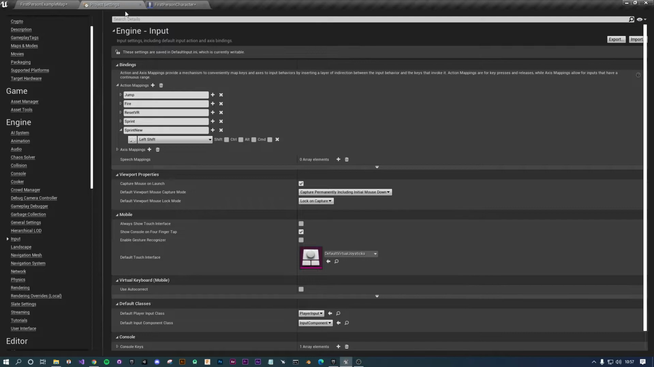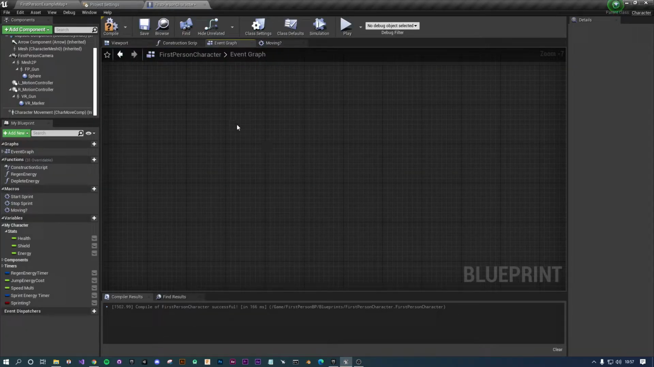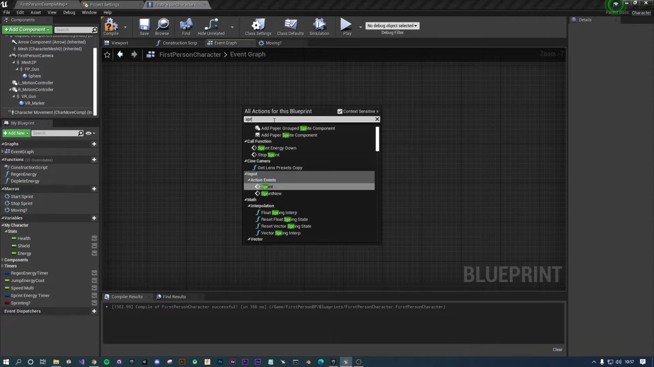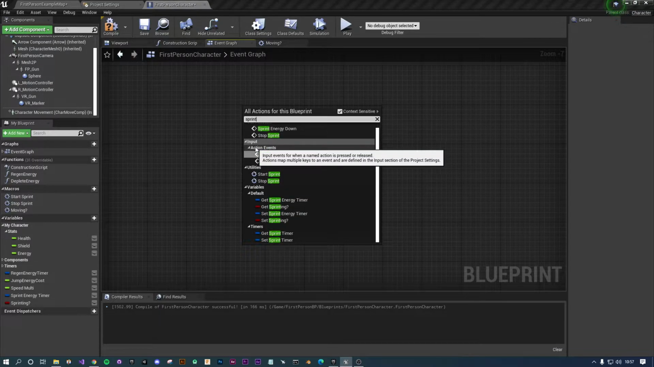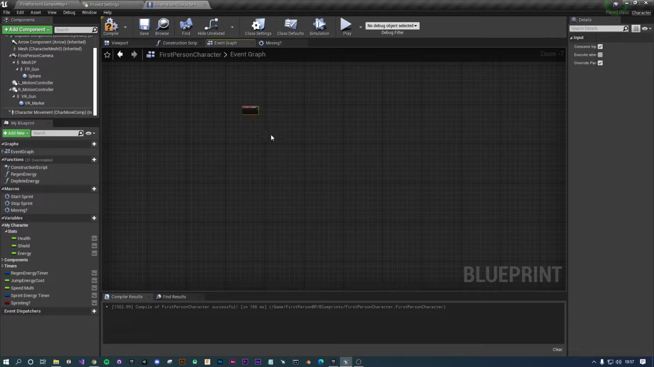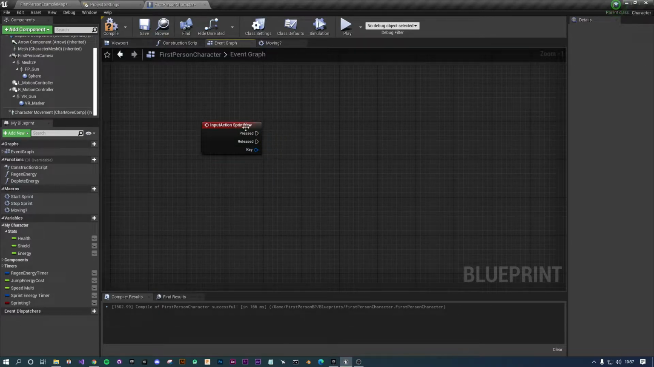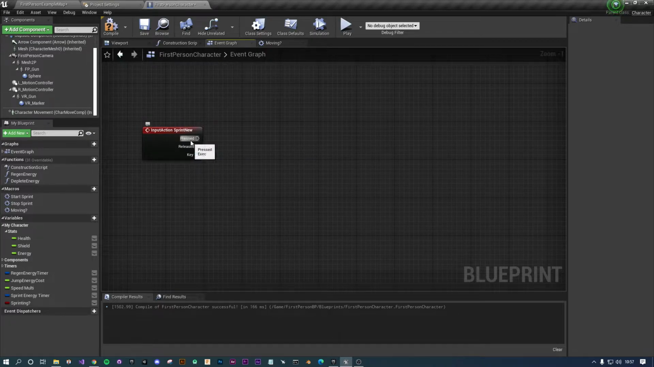Okay, so with that binding set up, we're then going to go back to our event graph. If you right click now on your event graph and type in sprint, you should see an action event called sprint. I've got sprint and sprint new. So under sprint new, this is what we've got. When we press sprint, we're going to want to increase the movement speed of the